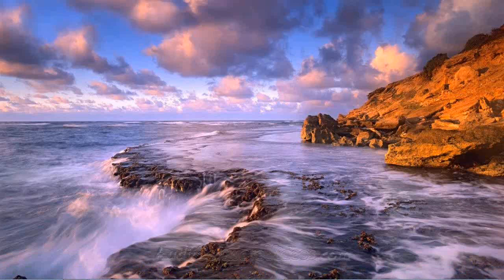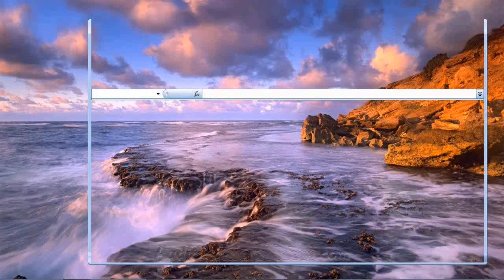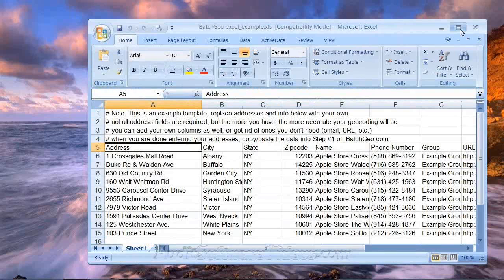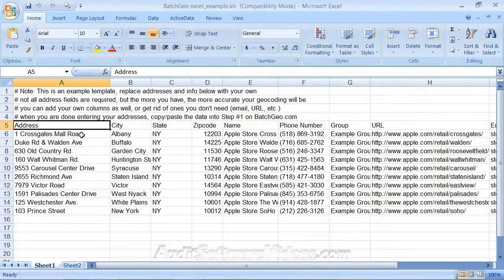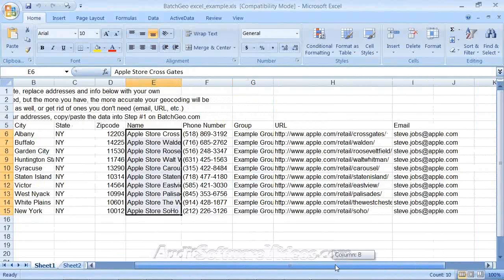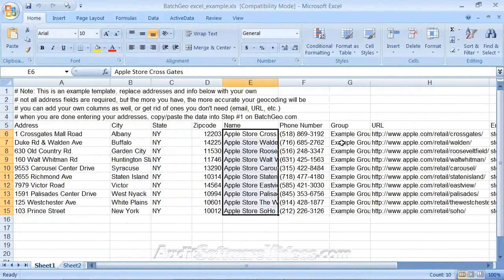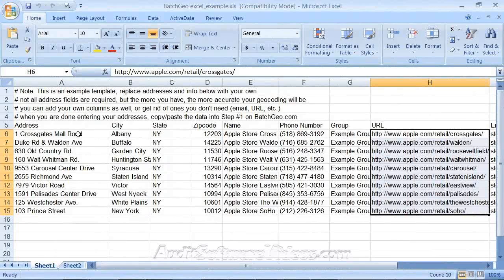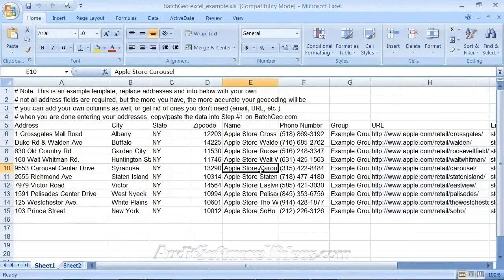So what I ended up downloading from their website, and let me just open this file up for you, and I can provide this to you because it came right from them. They actually provide a list of addresses, and I guess they're the Apple stores that are out there. And sadly, Steve Jobs is listed here, so they haven't updated that yet. But the URL is also there for each one, and there are a variety of things that we could do with this data. I was going to show you something a little more useful, but again, this is actually the